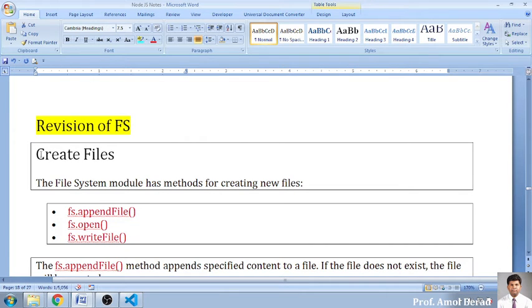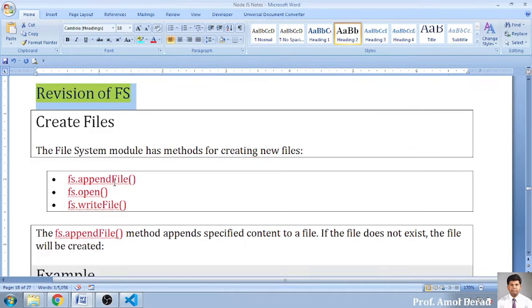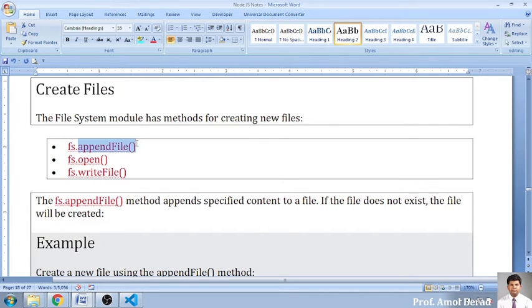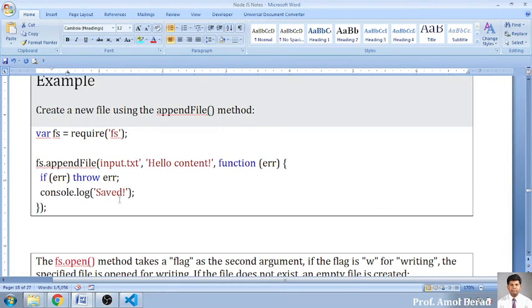Now, as a revision, I want to specify that whenever we are working with fs, you can use the appendFile function for appending. We have seen the truncate function. Now only one thing is remaining from my side: I want to append something into input.txt. That means I want to add something at the end. And for that purpose, there is appendFile.